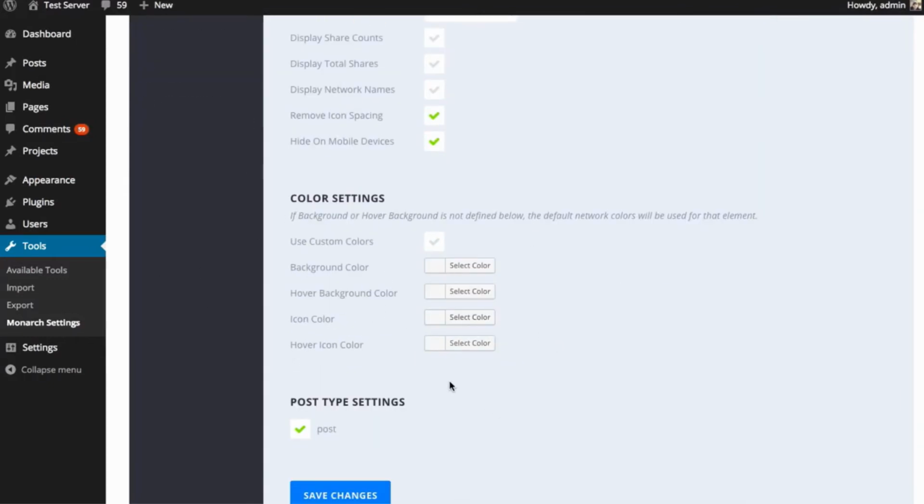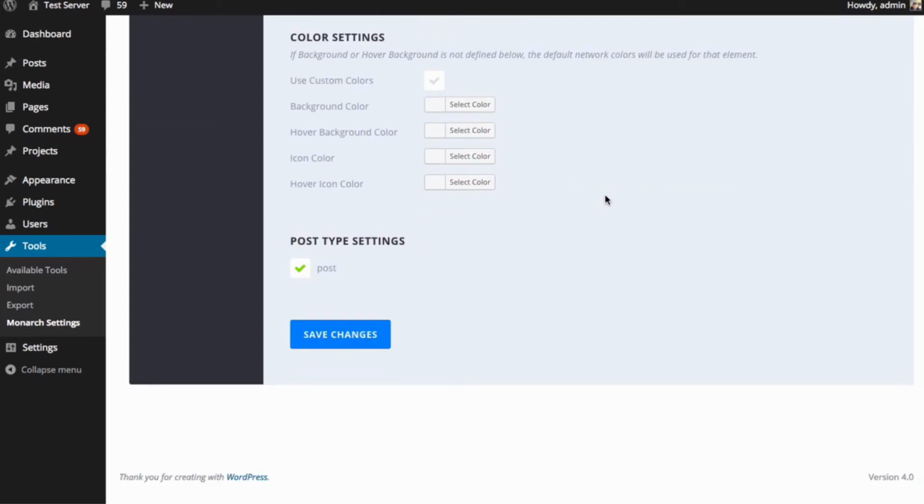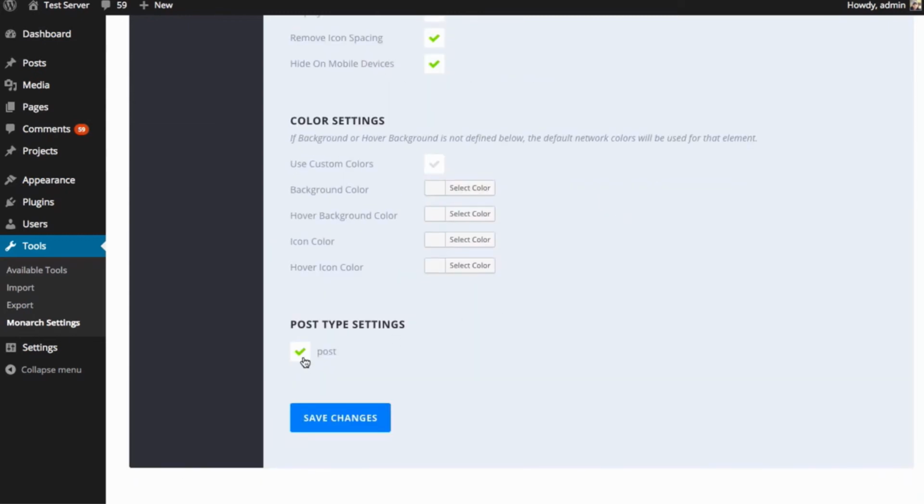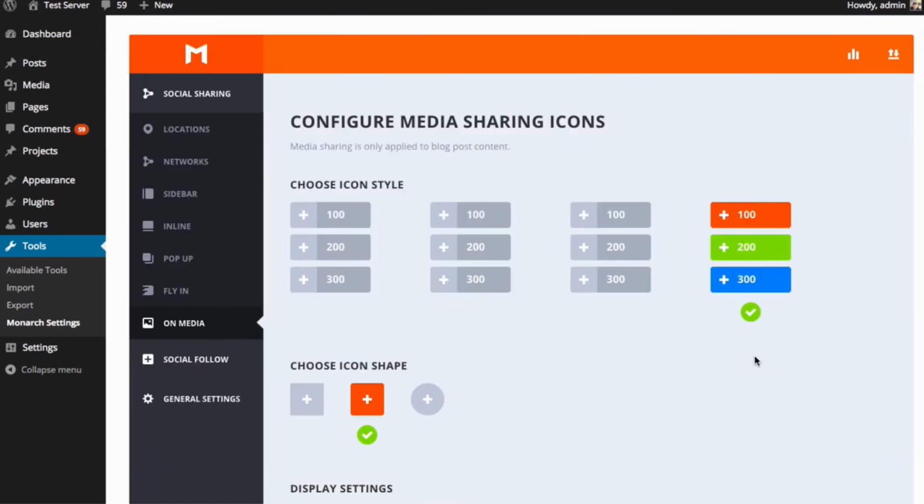Color settings, the same basic color settings. You can choose to use custom colors and customize the background color and the hover color of both the background and the icon. And finally, you can choose to enable or disable this on posts. So on media